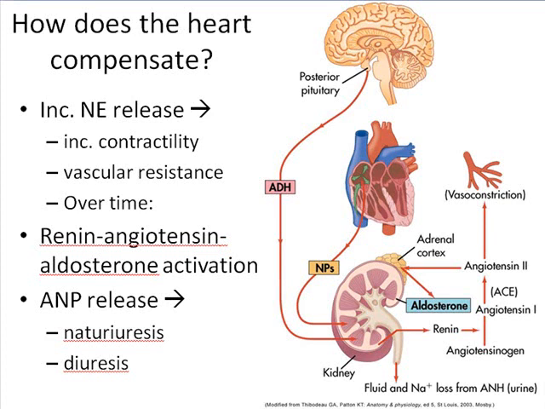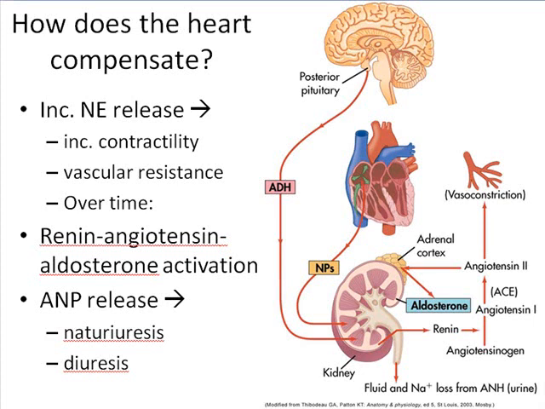Now, there's a number of different ways that the heart can compensate for this lack of or reduced cardiac output. And in the beginning, many of these will actually help compensate. They really do work. But the important thing to note about the next two slides, when I talk about these compensatory mechanisms, is that almost all of them over the long haul end up failing. So even though in the short term the body can compensate for the reduced cardiac output, in the long run, it's unable to compensate for it. So here are some ways in which the heart can compensate when cardiac output drops.